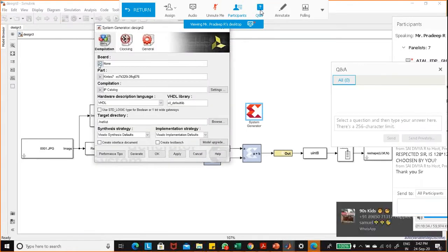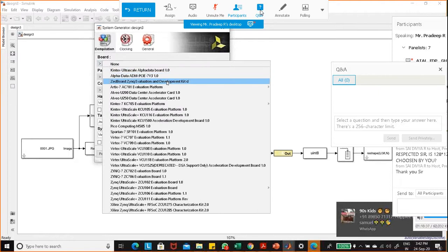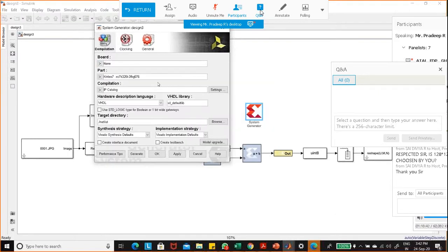So now I am choosing the board. The board is in terms of Z board. Okay, I am choosing the Z board. It is an evaluation board. So I choose a board and it is a type of